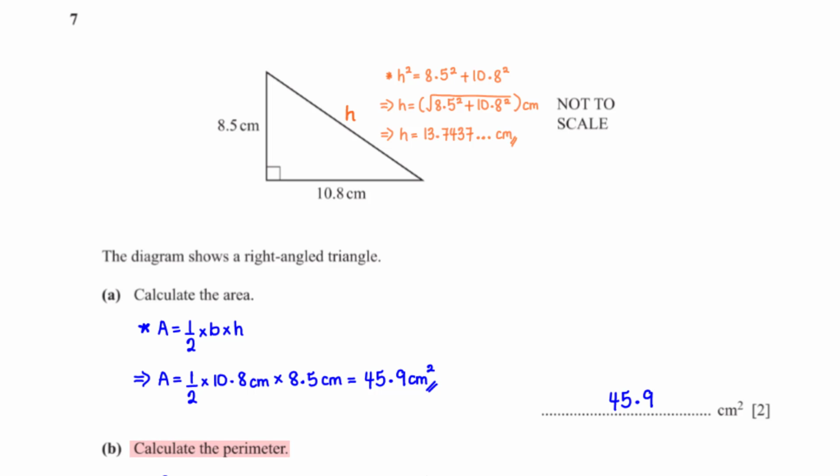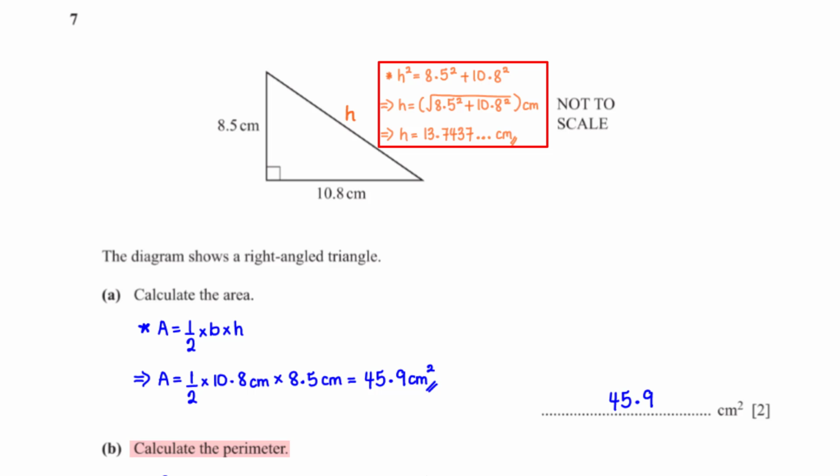Calculate the perimeter. The perimeter of the triangle is the distance around the shape of the triangle. First, we need to find the hypotenuse of the triangle. To get this, we apply the Pythagoras theorem to the triangle. This gives us h squared equals 8.5 squared plus 10.8 squared. When we make h the subject, this is what we get, which is equal to